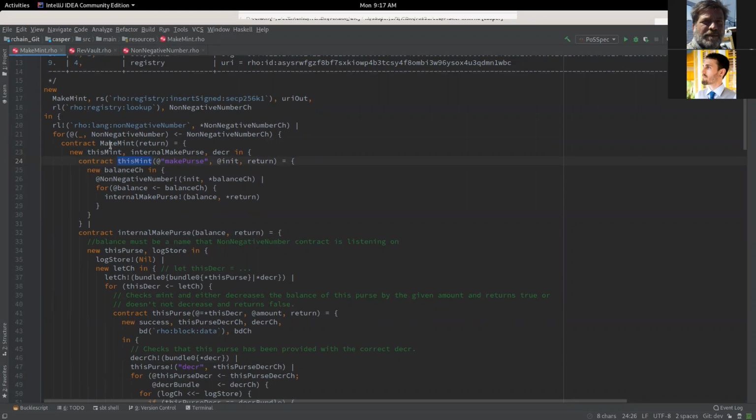So once we have this new token, which we got through calling the MakeMint contract, we have the ability to make purses that hold that specific kind of token. That's what line 24 here is saying. So we can just say make mint, and then we take the new mint, and we can make a purse with any arbitrary number of tokens in it.